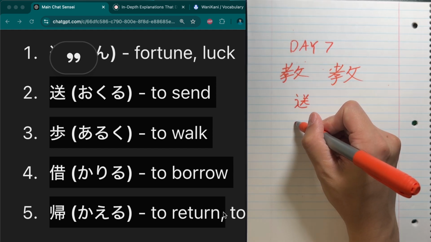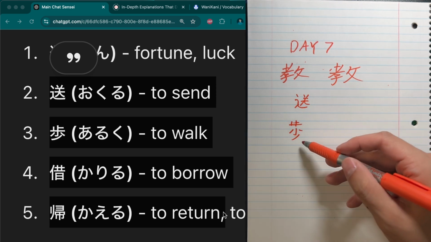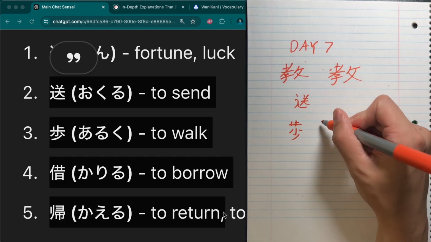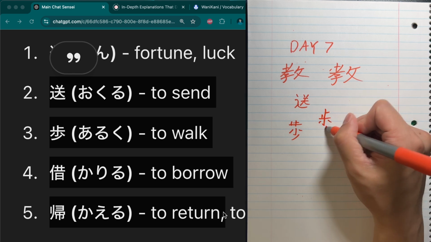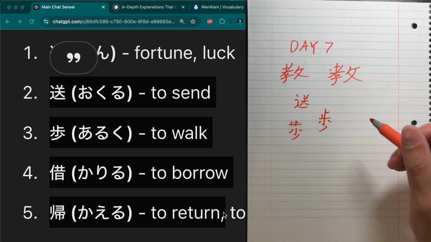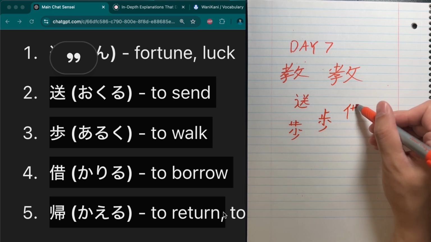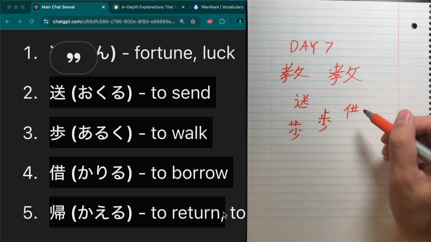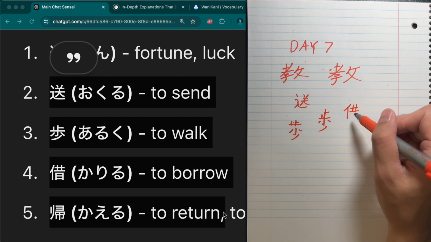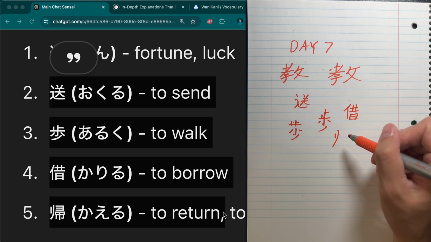Let's go to the next one. This one looks so confusing. Actually, when you break it down, it kind of looks like sukunai. This bottom part looks like sukunai a little bit, but it seems to be combined. And this part looks like ue with the thing, and this part looks like sukunai. Then to borrow, kariru, is very common as well. To borrow has the person radical or leader radical according to WaniKani. That thing, I have no idea what that is. Sort of looks like 2 earth symbols together, but I'm pretty sure there's a better way to think of the radicals. And then to return, kaeru, is